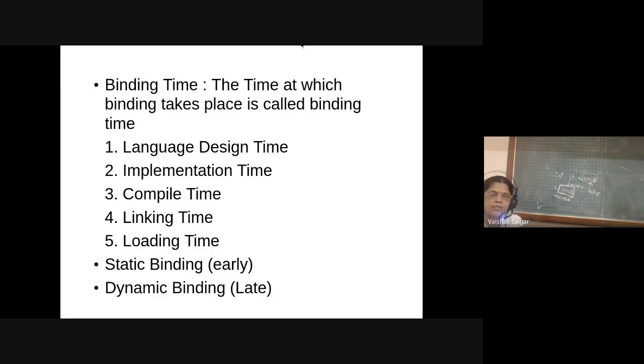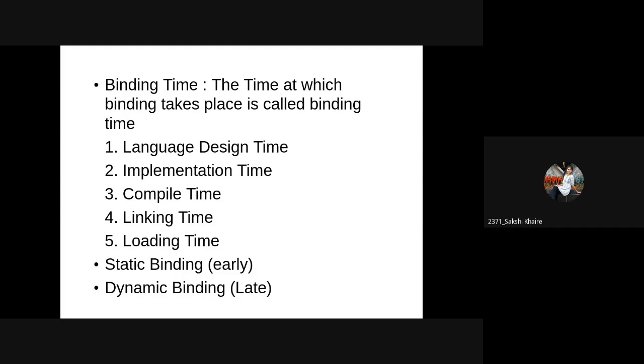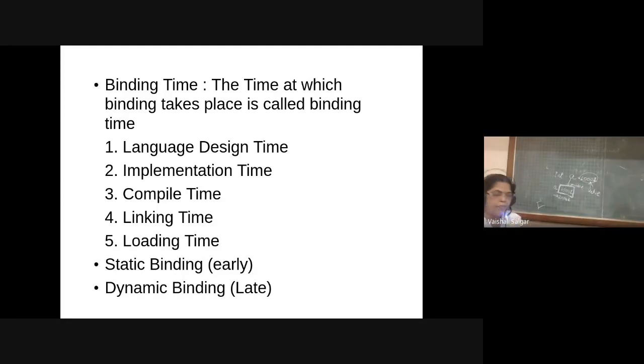Now, linking time and loading time might be the first time you are coming across, so I will explain what linking time binding is. All of you are familiar with C programming. In a C program, you include stdio.h, or math.h in order to use the square root or some mathematical functionality in your program.